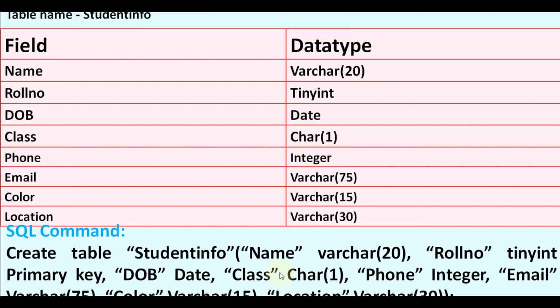So in this way, inside the small bracket, one by one we have to mention each field name. After the field name we have to mention its data type, and then in the small bracket, if given, we have to mention length also. So this we have to do inside the bracket, and thereafter, after mentioning all the fields that we want in our table, close the small bracket, and we have to end this SQL command with a semicolon. You can notice at the end the semicolon is there. So this is the create command we are using in DBMS to create a table in the database.